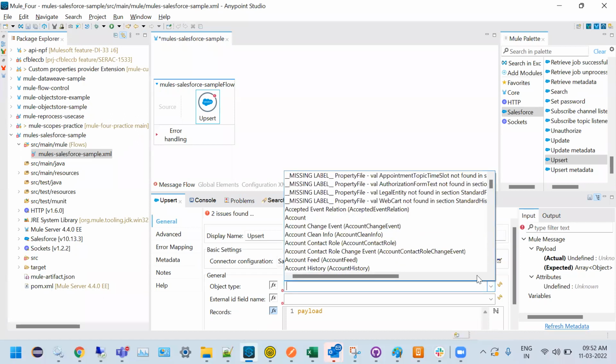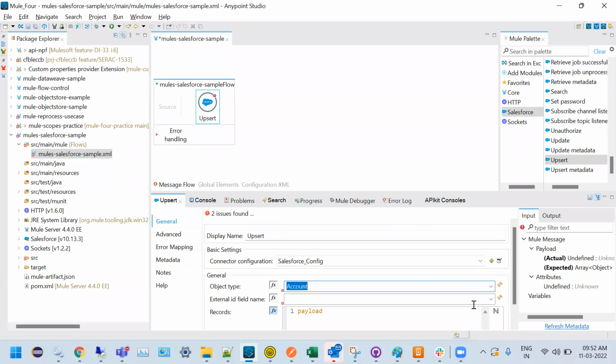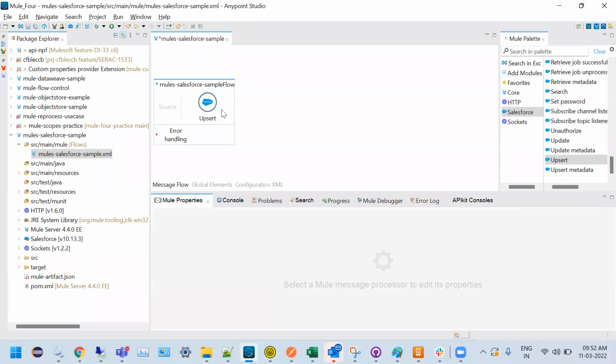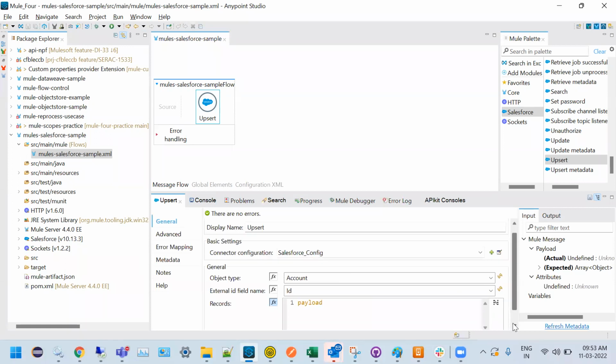Okay. See, for upsert, we give the object type and we select which field, like it's like a private key field. So which field you want to map as an ID field. Okay. So these things we need to upsert. Okay. So here,